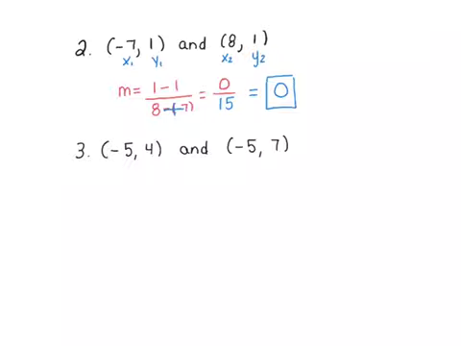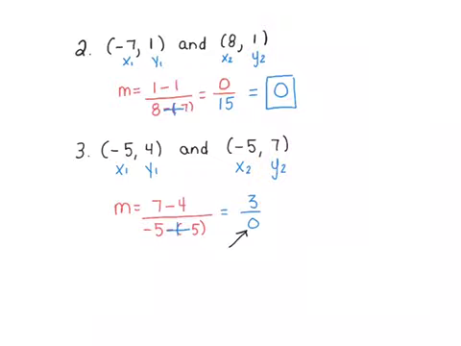We'll look at one more example. So again, I'm going to start by labeling these as x1, y1, and x2, y2, so I can go ahead and plug it into the slope formula. So we'll have 7 minus 4 over negative 5 minus negative 5. So 7 minus 4 is 3. And then again, this becomes addition, so negative 5 plus 5 is 0. Remember, we cannot divide by 0, we cannot have 0 in our denominator, so this has an undefined slope,